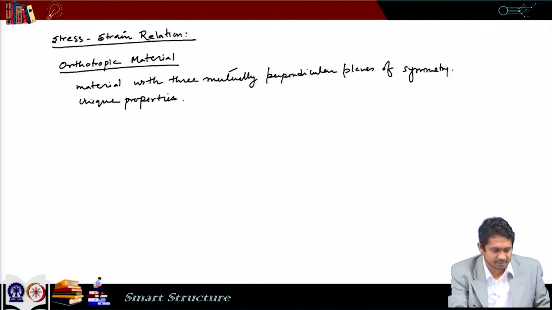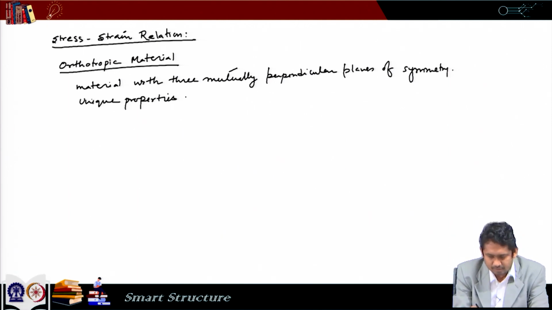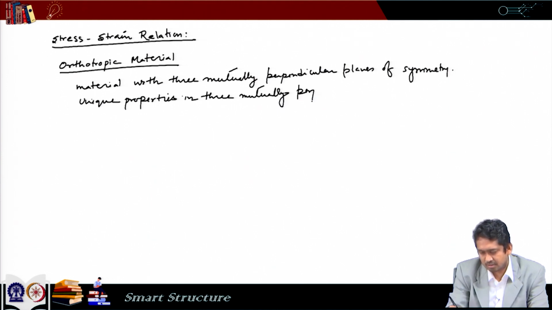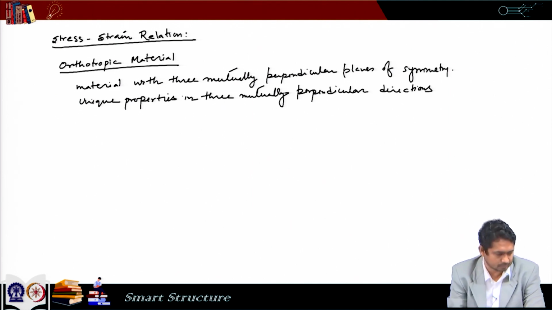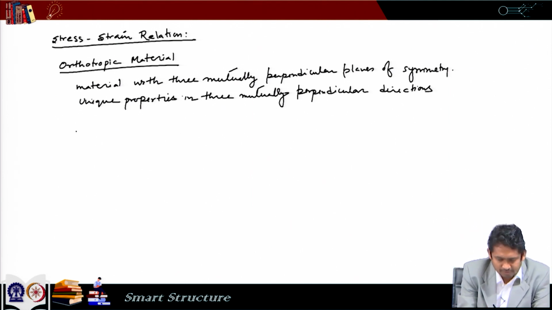Unique properties in three mutually perpendicular directions. Three. And then there is something called spatially orthotropic,